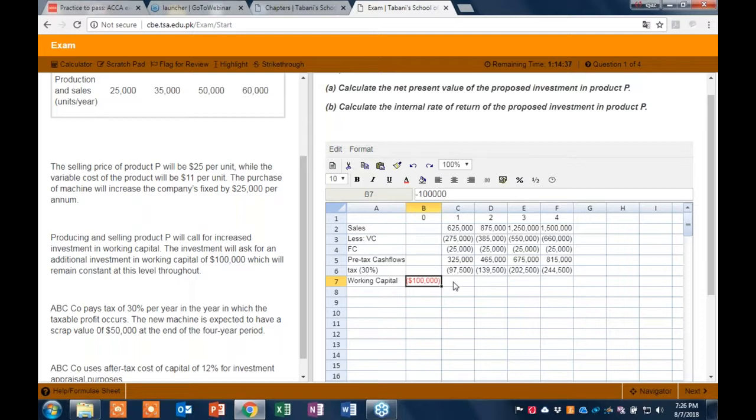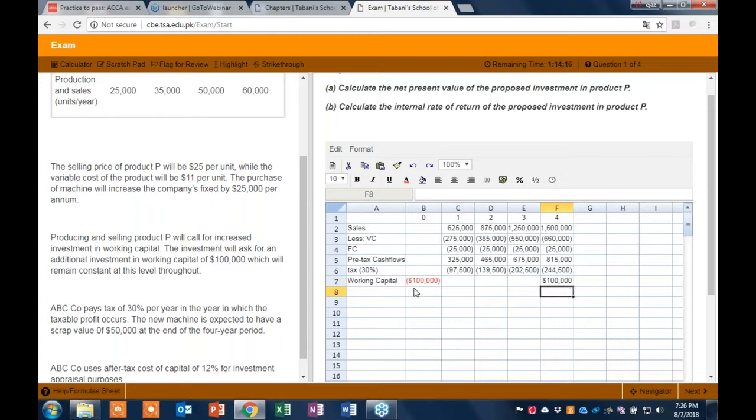So we don't need to invest anything further for the rest of the years. But at the end of the project, once the project is over, we will have to eject these $100,000 back from the project. So it will be shown as a positive figure at the end of the fourth year,